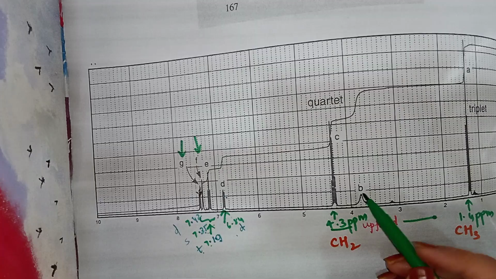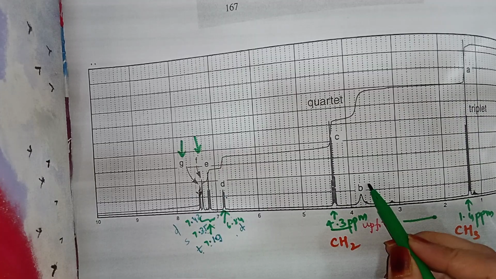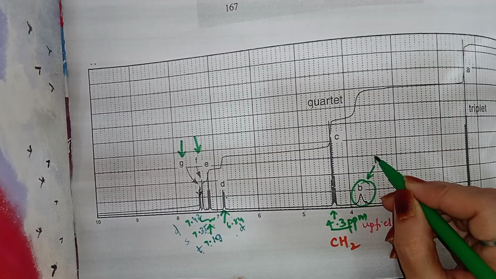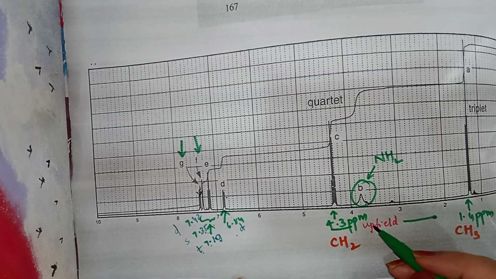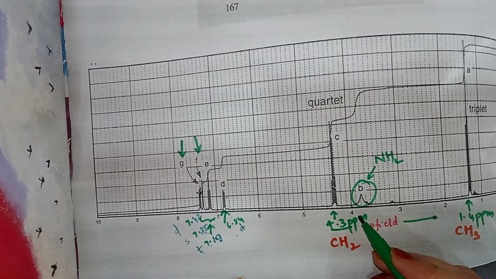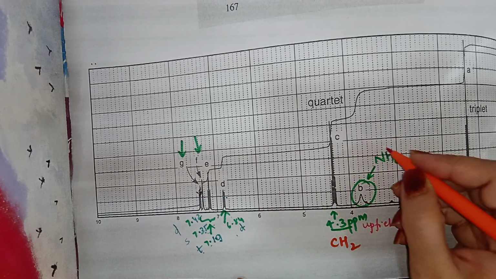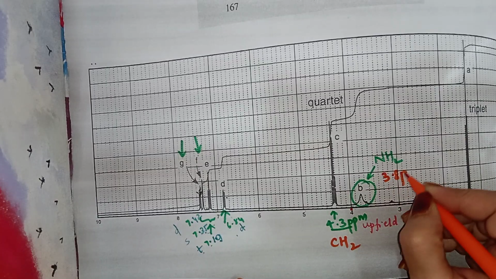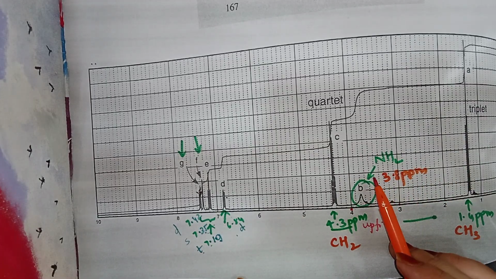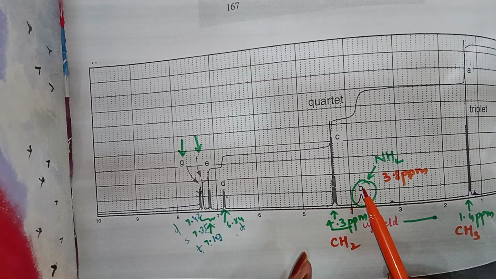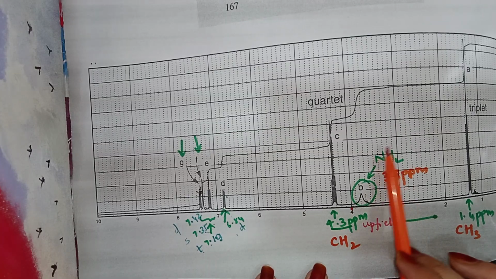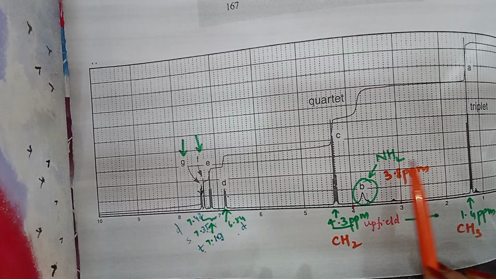Okay, the last one. Finally here, you can see a pretty broad peak. It is a peak for the NH2 group. This comes at around 3.8 ppm, in between 4 and 3. It is integrating 2 protons. Therefore, we can say an amino compound is present. So, let us confirm the structure now.